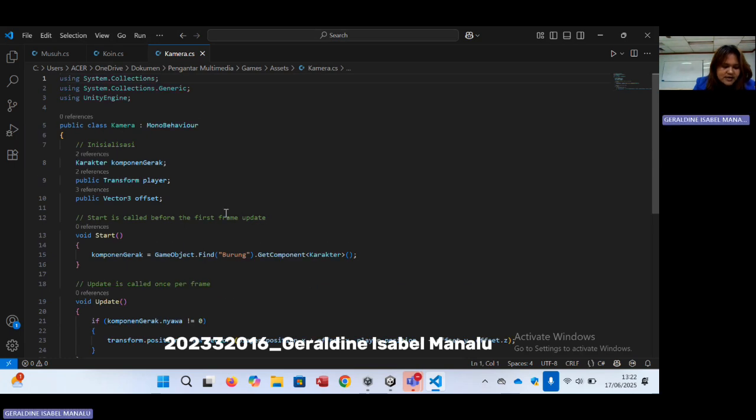The camera script in Unity functions to follow the movement of the player object, in this case the object named bird, as long as its life has not run out. In the start function, the script searches for the bird object and takes the character component to check the life status.